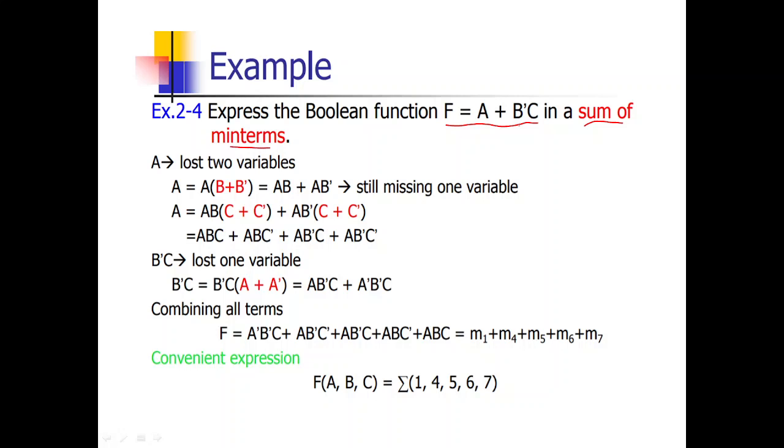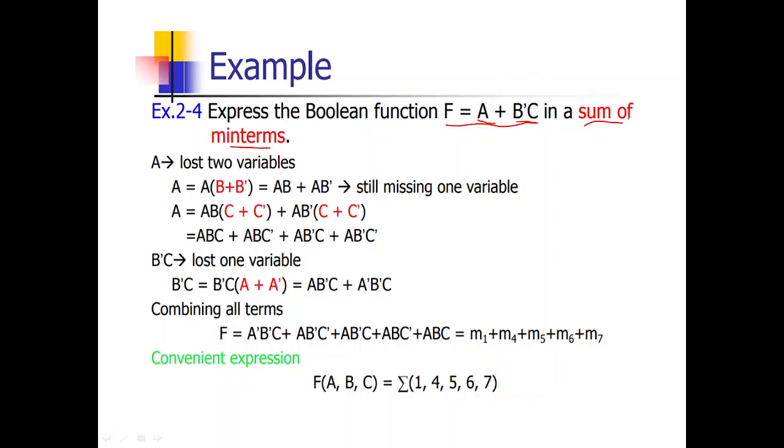So how did we conclude this is a sum of products? See here, this Boolean function is a 3 variable function. A, B, C are the 3 variables involved here. And this Boolean function consists of 2 terms. This is one term and this is another term. So this is a sum of products, and this standard form has to be converted to sum of minterms.